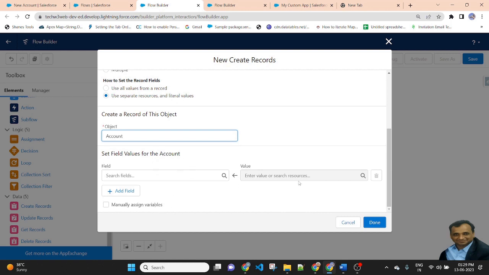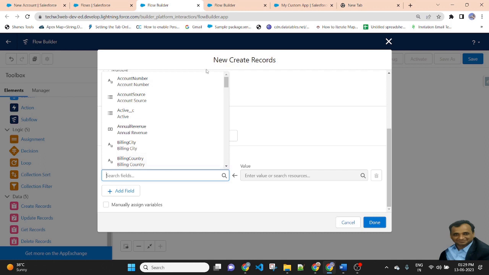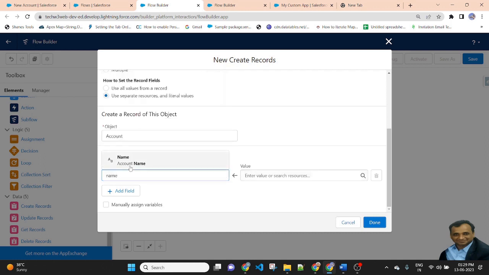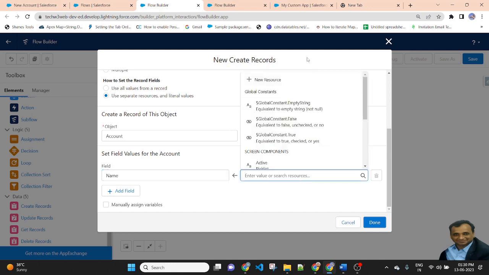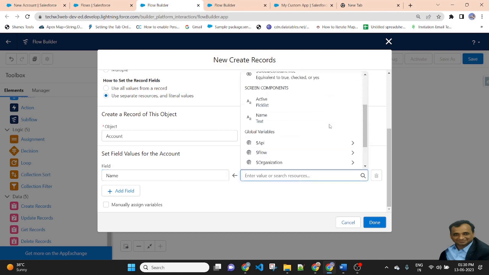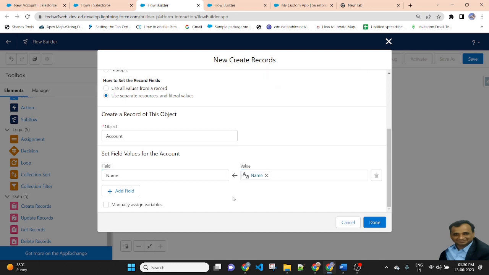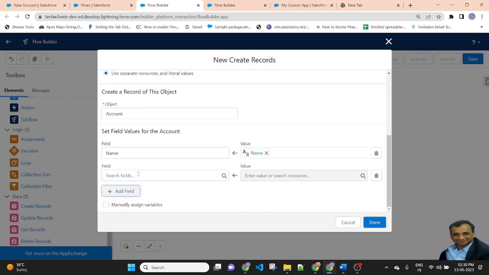Here is the name of the field and here is the name of the value. So this is the field name of account. I am selecting name, and the value will come from the screen flow. So this is a name. And then another field I am selecting is active.